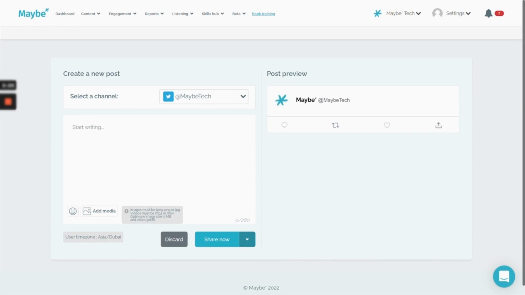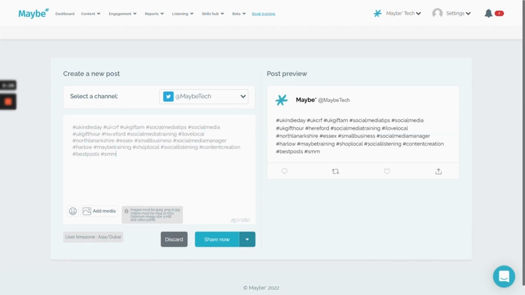So let's just see that trick in action. So now I'm creating a new post. And you can see that all those hashtags there that I would usually add to my post, and I can just choose to edit them